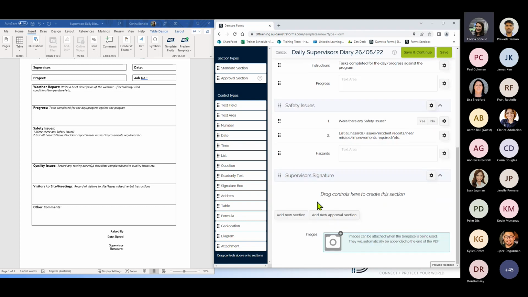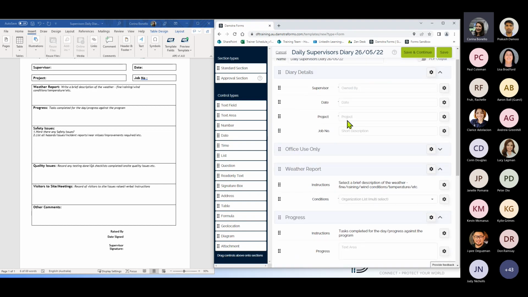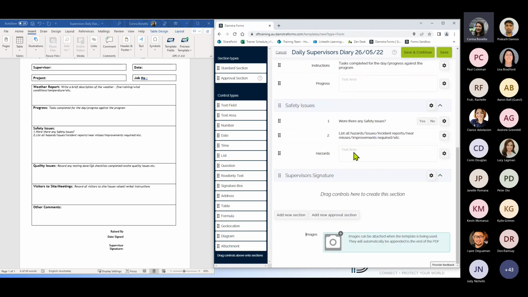Excellent. So with our supervisor's signature, here we need to enter in a field for raised by. Now, generally, the person who's raising this is probably the supervisor who created this form. So what I'm going to do is cheat a little bit, or make life a bit easier for my user. So I'm going to use a formula